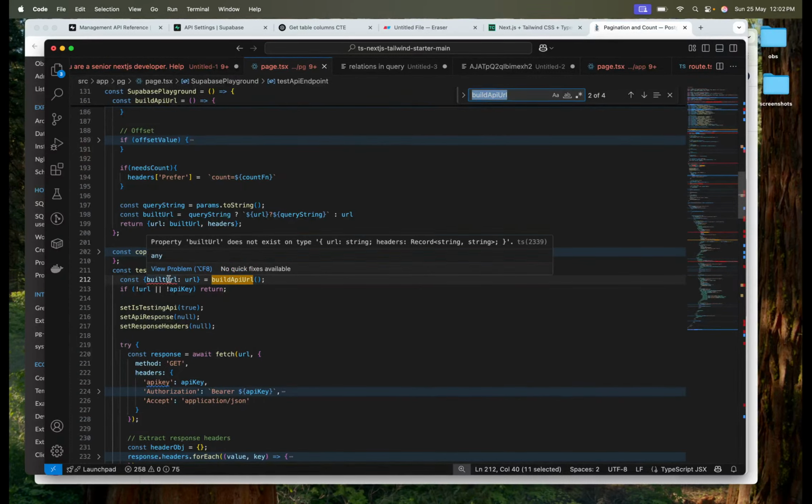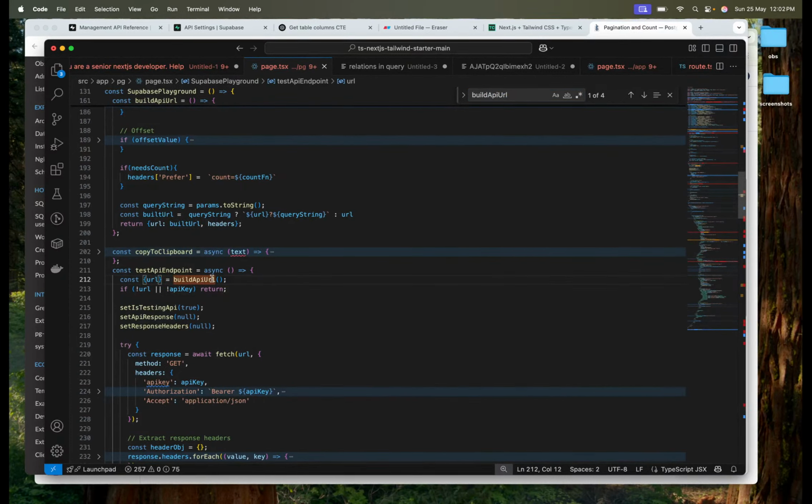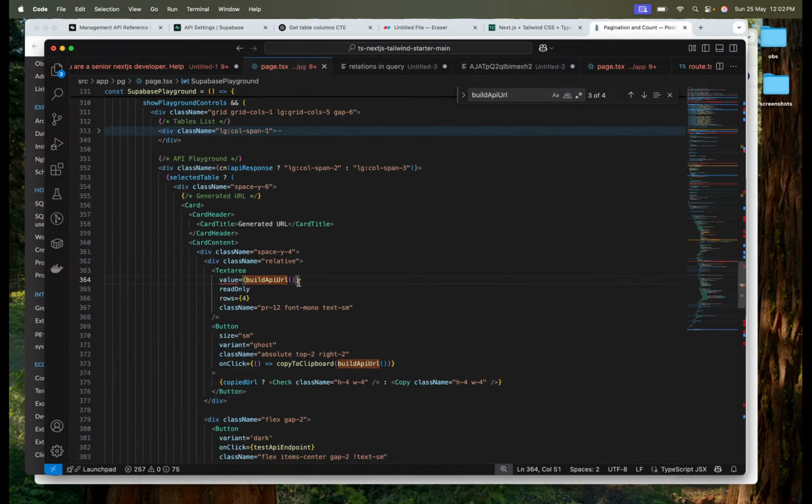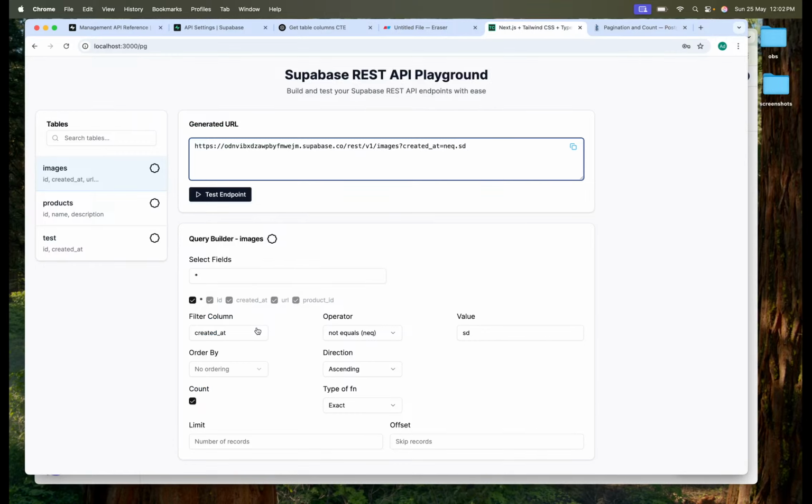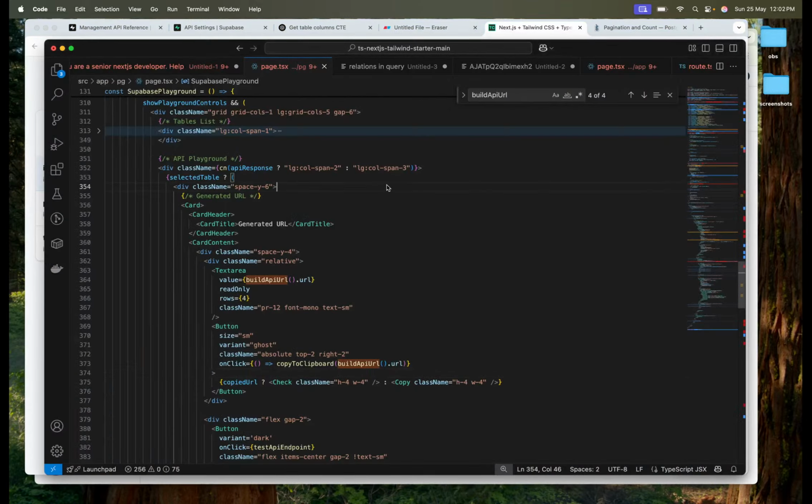So now I guess this is just URL. Wherever this is used, we can just use dot URL and dot URL. Now the rest of the functionality should work as it was. Yeah, it is working as it was. Just that now when we test the endpoints, we get the headers as well, and we are passing these headers. We need to just append the headers that we have from there. Alright, so let's test things out. If I just hit test the endpoint,